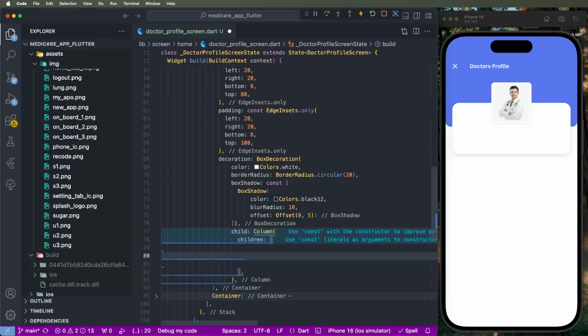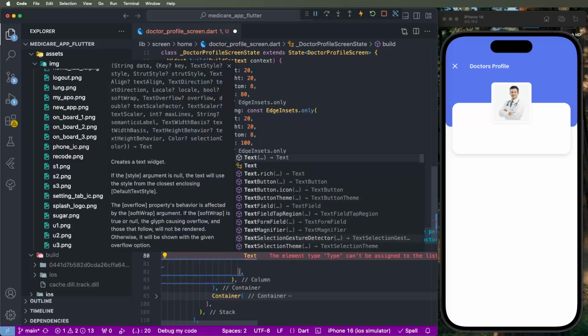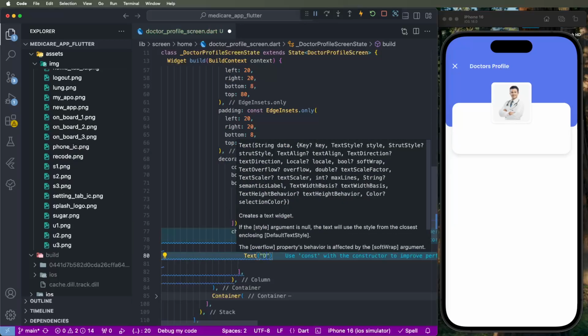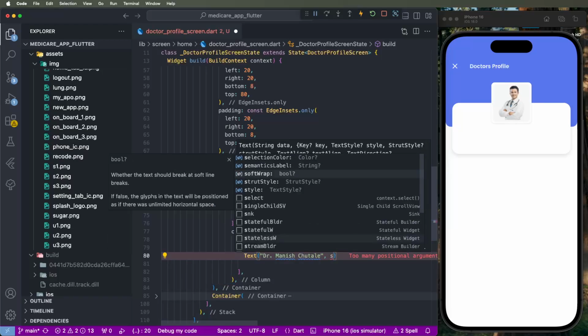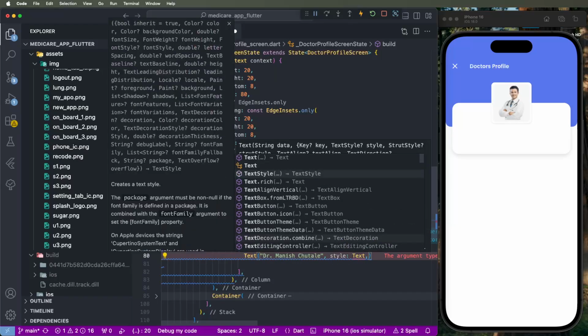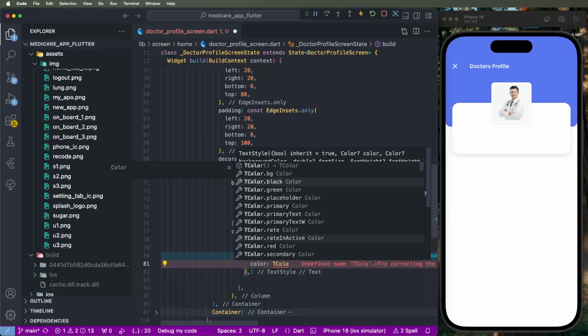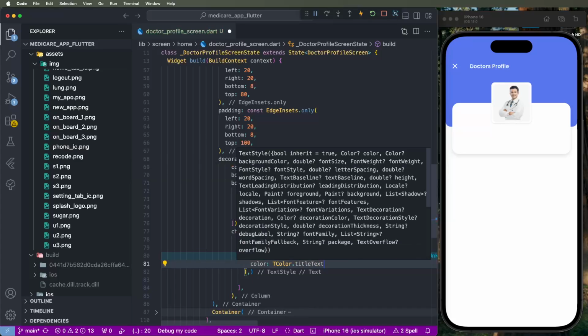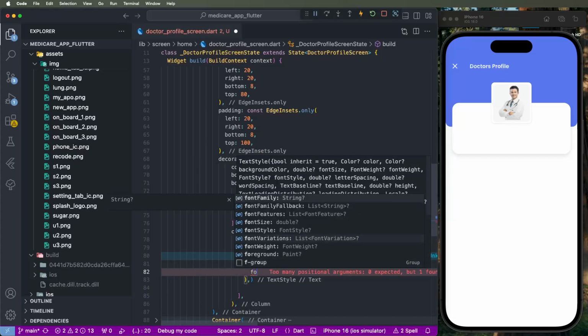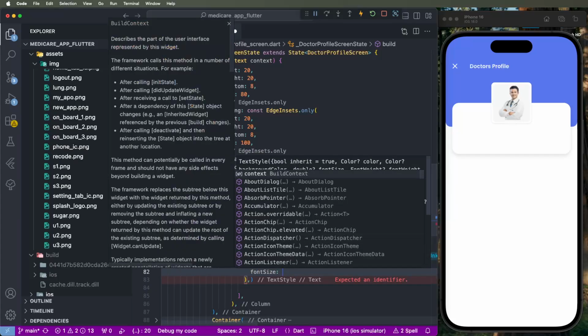First set the name as a Text, doctor.name, Manish Chutake, and set the style as TextStyle. Set the color, the title color. We need to set this title text color. Then after that set the font size; we need to check inside the XD file and put